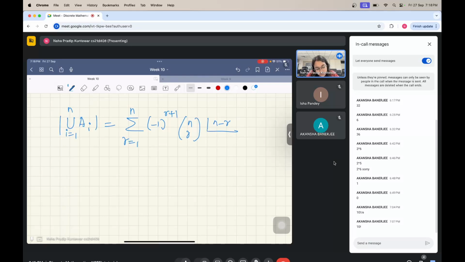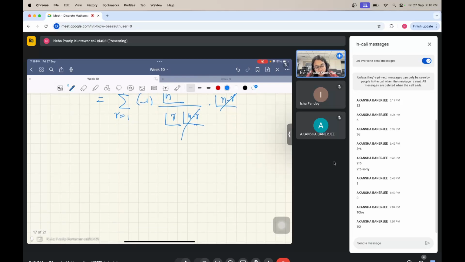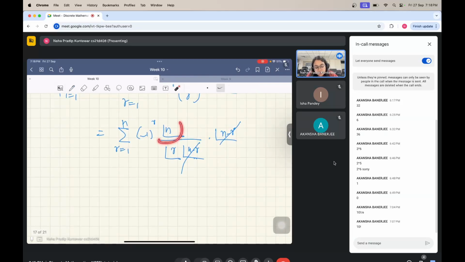And now this is r from 1 to n, minus 1 to the r, n factorial. I'm just expanding the formula for n choose r. This is r factorial times n minus r factorial times n minus r factorial. And now this term nicely cancels out, and this n factorial is independent of r, so I can push this out. So this is n factorial times summation r from 1 to n, minus 1 to the r plus 1,